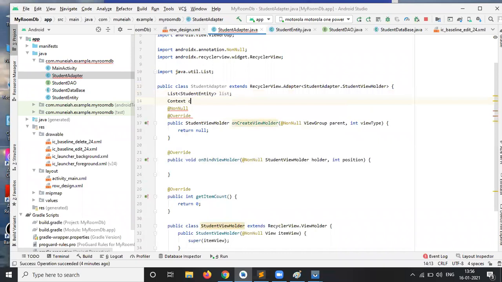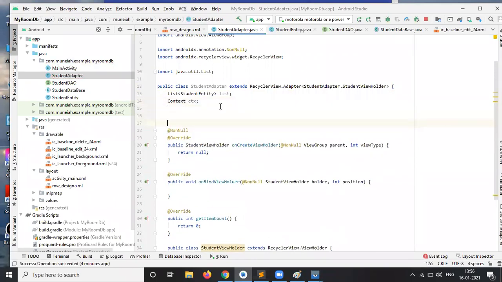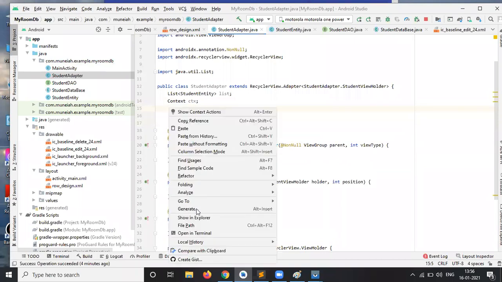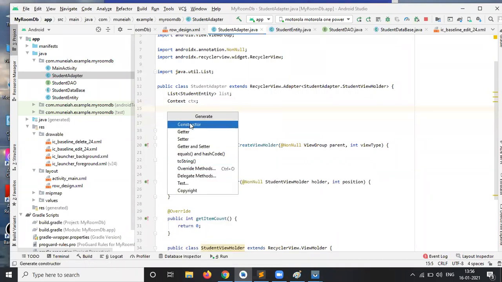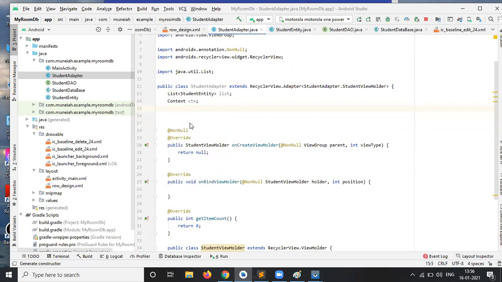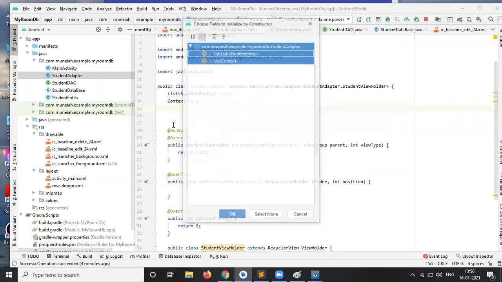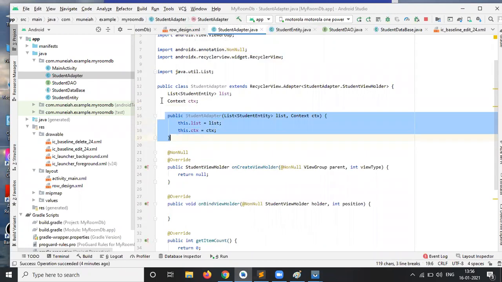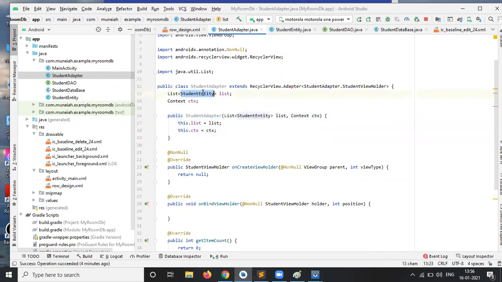Now I'm creating one constructor with the help of right click, Generate, Constructor, and OK button. This is the constructor of these two attributes. So why are we creating the constructor? We need to pass data through the list of student entity from the main activity to this adapter class. For that, I'm creating this constructor.